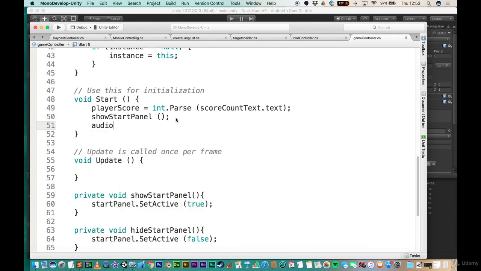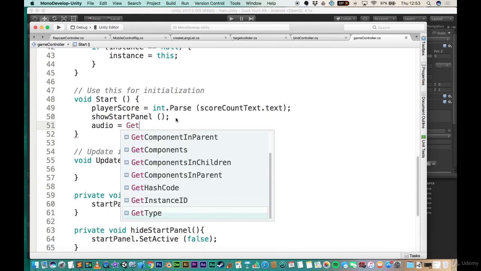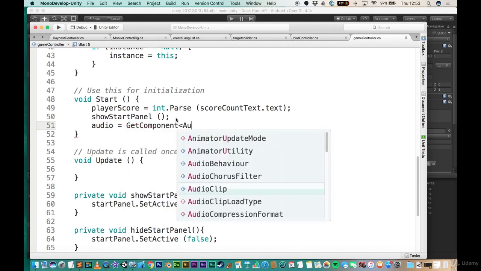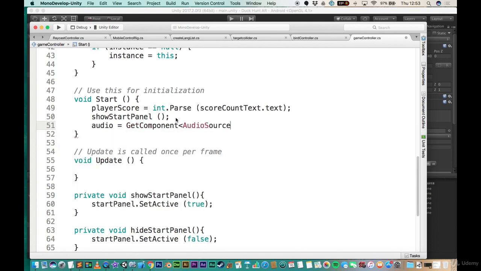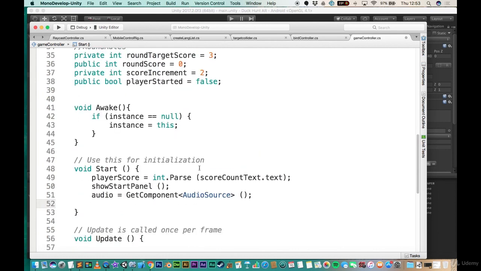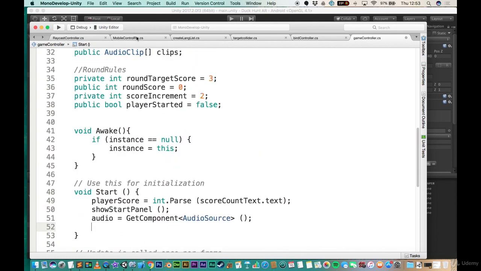So let's set the audio to get the component from the inspector for the audio source. There we go, and then we'll be able to actually assign clips into that. And then the next thing that I want to do is get a hold of the lives and make sure